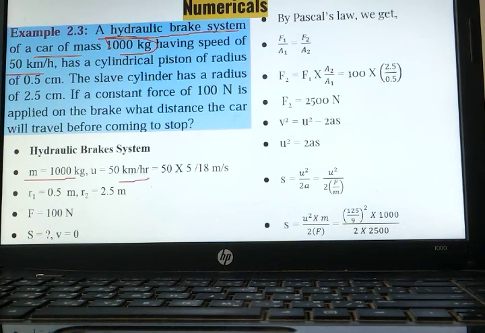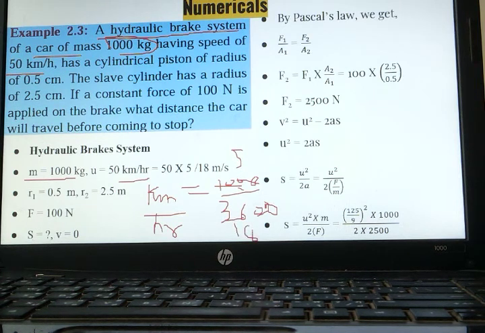Kilometer per hour can be converted into meter per second. 1 kilometer is equal to 1000 meters, and 1 hour is equal to 3600 seconds. So these 2 zeros and these 2 zeros will get cancelled. Ultimately we will get 10 upon 36. If we divide by 2, 2 fives are 10 and 2 eighteens are 36. So we will get 5 upon 18. We will keep it as it is.